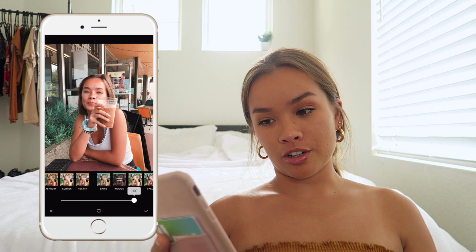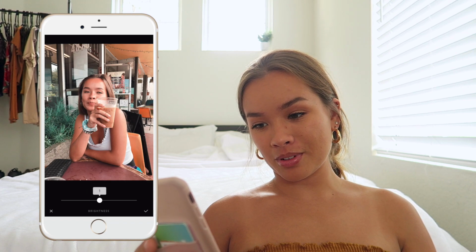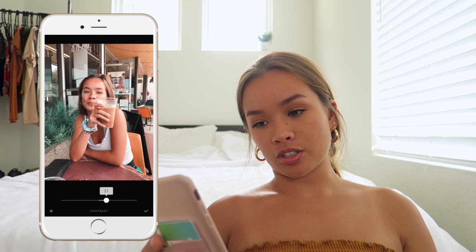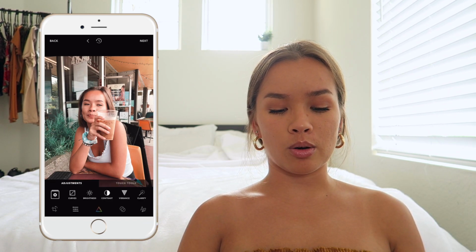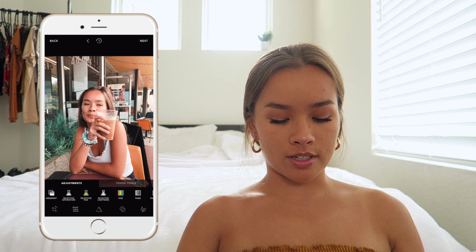Again, what do you know? Turn it all the way up. What do I do next? Turn the brightness up a little bit, just like a little bit. And then I'll turn the contrast up as well. And then, okay, for this picture, since it's a little bit pinky slash orangey, I'm gonna go into selective saturation